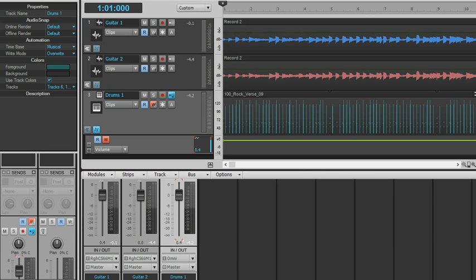Hi, I'm Don, and I'm going to show you how to add and edit automation in a DAW. The reason that you'll want to know this is because automation is a way to change settings of things in your sound over time. An example of that might be if you want to make something quieter or louder as